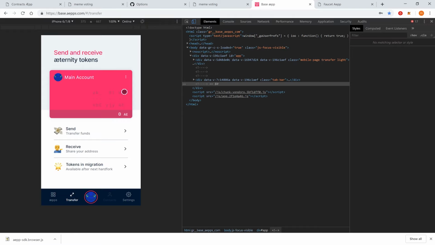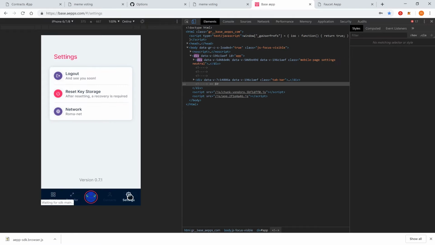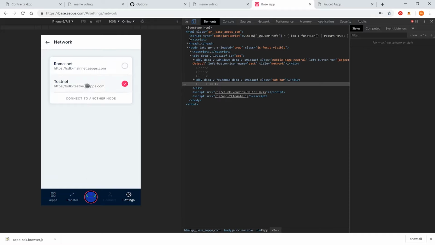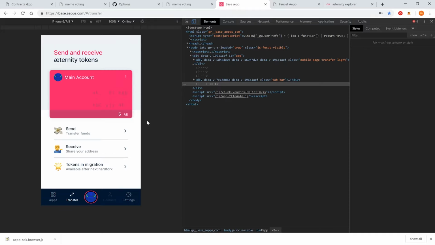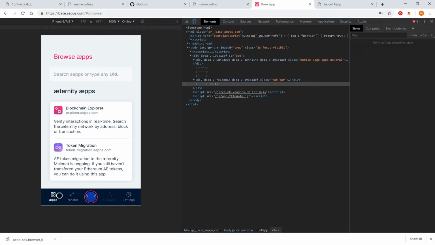Now we need to change the network to the testnet. We can do this in the settings here. And here are 5 AE token in our account. Great. Now click on apps and enter the URL of your DApp.